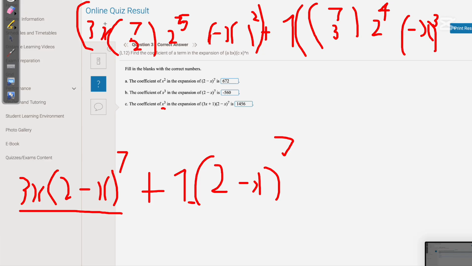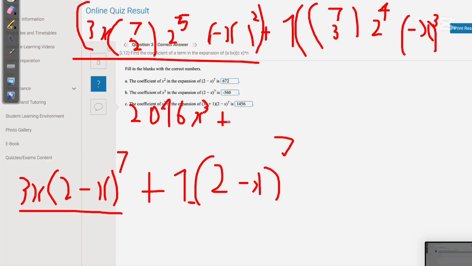We will get 7C2 times 2 to the power of 5 times 3 will give us 2016x on this side. The negative cancels because the power here is even. So 2016 x cubed